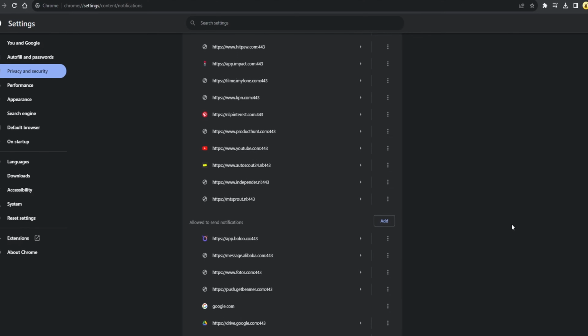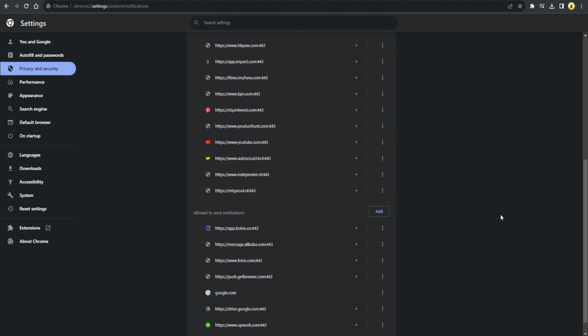By following these steps, you can have better control over your Chrome notifications and decide which sites can send them